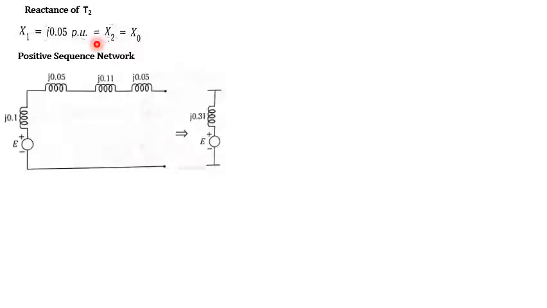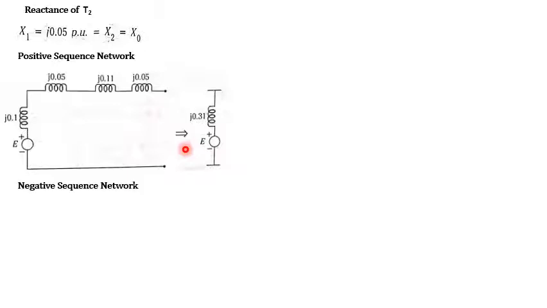From this we can write the positive sequence network. There is a fault at this point, with the source EMF for the generator and the reactances for the transformer, transmission line and transformer. So we will get 0.31. The source EMF we are considering, if it is not mentioned, is the Thevenin voltage, which will be 1 at an angle of 0.